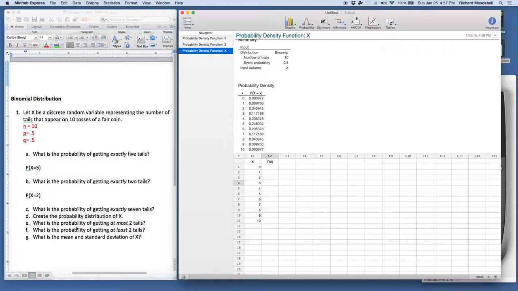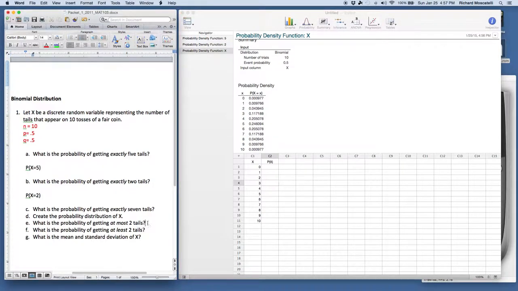Letter E, what's the probability of getting at most 2 tails? Well, at most 2 tails. Mathematically, we would write that as the probability that x is less than or equal to 2. To put the less than or equal to symbol, I'll just fake it. Less than or equal to 2. I could go searching in the symbol browser for the symbol, but this will suffice. Now think about what less than or equal to 2 means. That's the same thing as saying the probability of getting a 2 or getting a 1 or